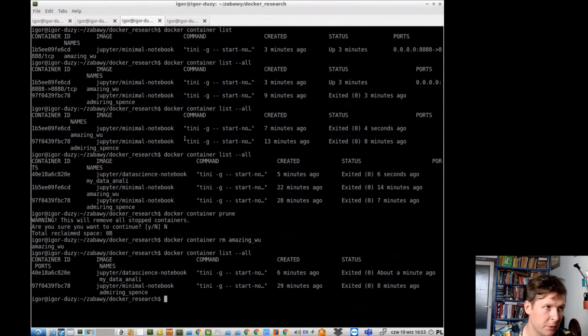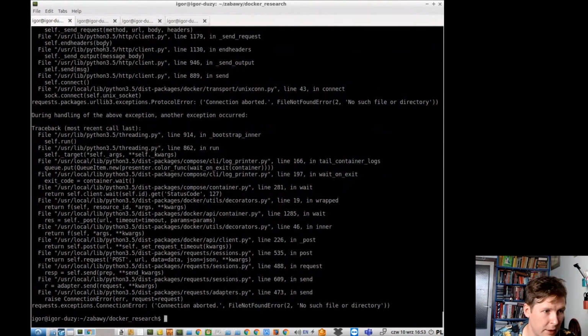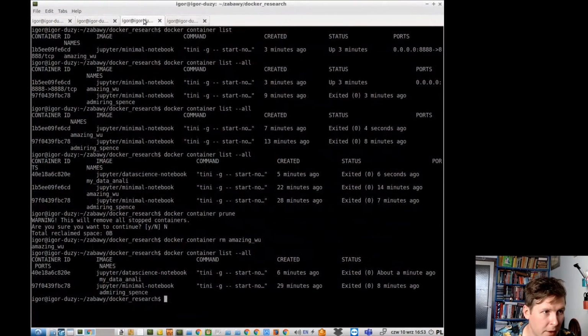So right now I'm doing some specific trick. This trick is actually, I think, in one of the screens. But what I'm doing right now is that I have a specific folder. It is not my main folder where I keep my containers. Right now I'm running the Docker service from a different